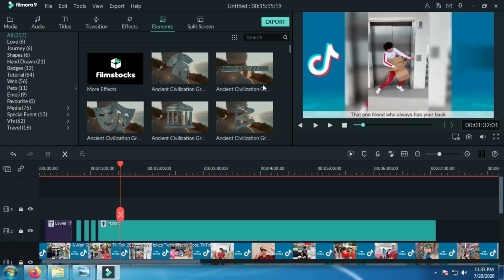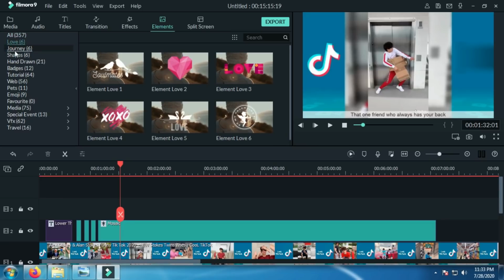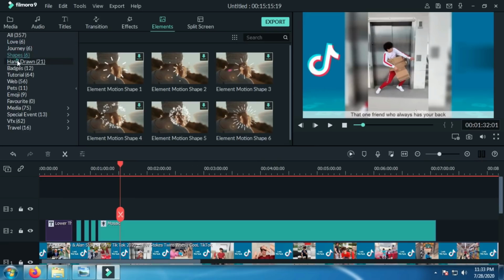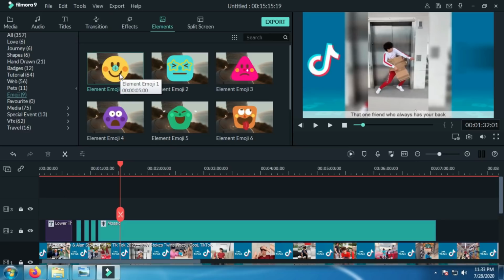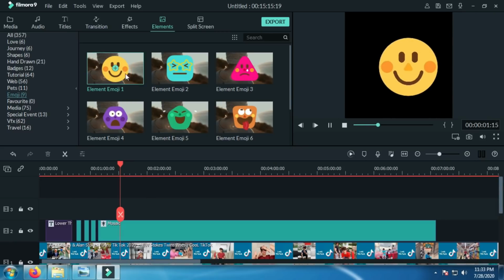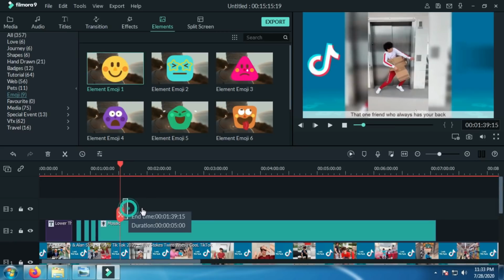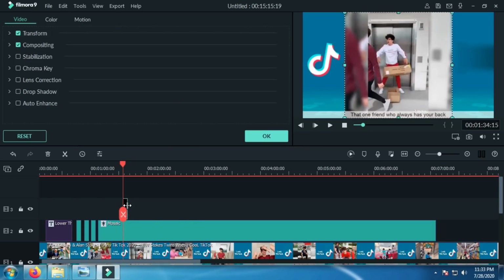Next we are going to see elements. In the elements tool you have various tools: shapes, emoji, and badges also. I am trying emoji.